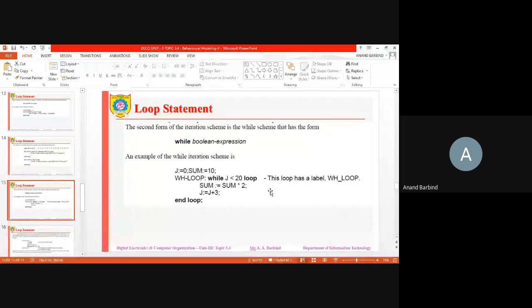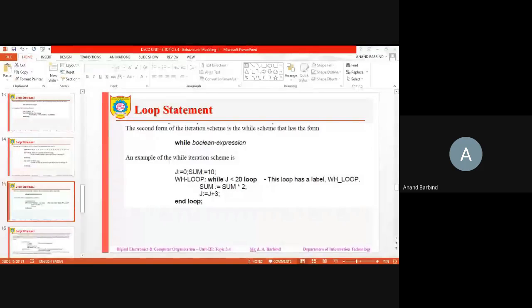I expect that you read this book by J. Bhaskar. I am taking all the examples and descriptions from this book only. I have already given you the soft copy of this book. Let me show once again